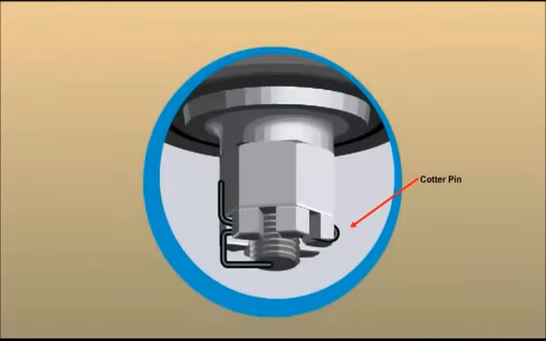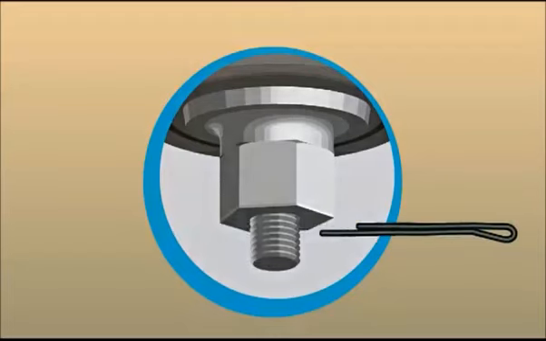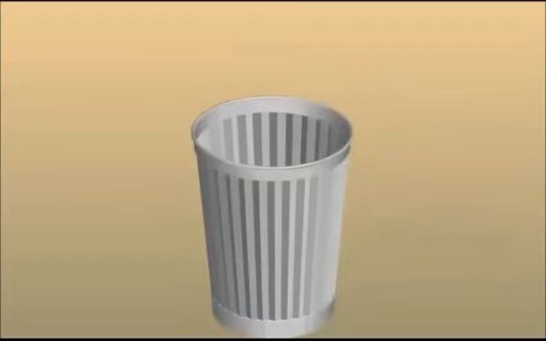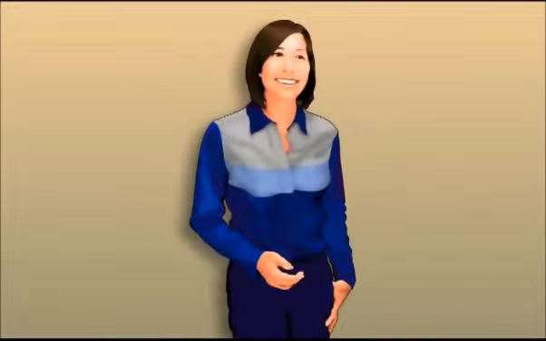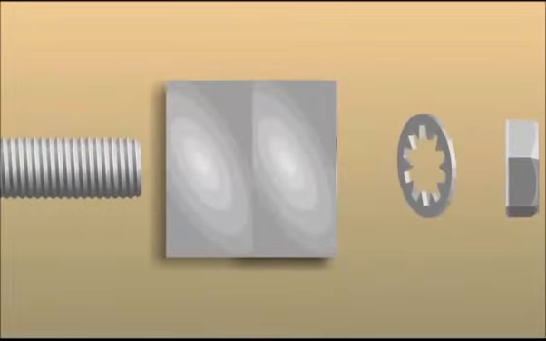Cotter pins, used in conjunction with castle nuts, prevent the nut from turning. Cotter pins, used with standard hex nuts, won't prevent the nut from turning, but will prevent the nut from vibrating off the assembly if it works loose. Anytime a cotter pin is removed, discard the old pin and replace it with a new one. If you disassemble a threaded fastener that uses a locking device, always reassemble it using the exact type of locking